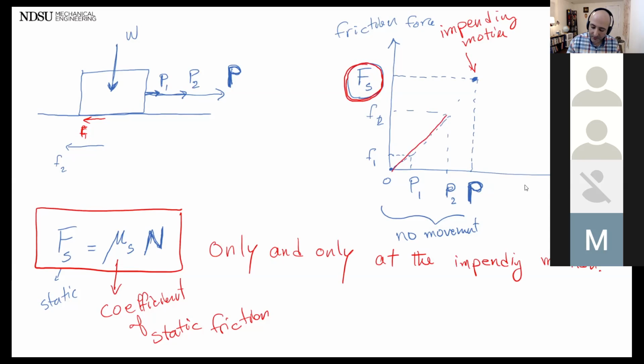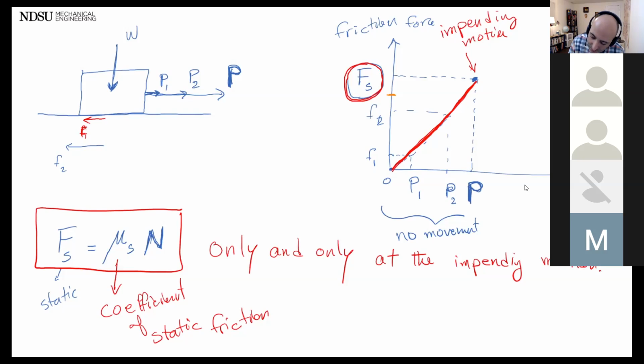So this graph kind of looks like this. It's a straight line going up. What do you think happens after this if I keep increasing the P to a huge, large amount? The P overcomes the friction and the friction becomes more constant. Okay, so a couple of things happen. The first is the box or the blocks start moving. All right. The other thing is, as someone said, the P overcomes friction, it starts moving, and the friction stays constant. But that one is called